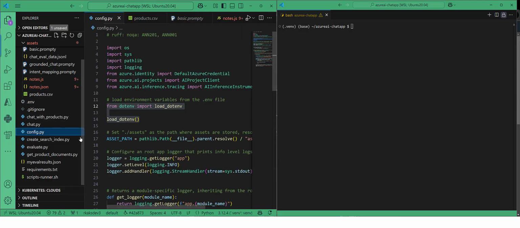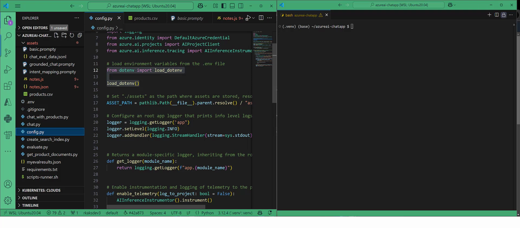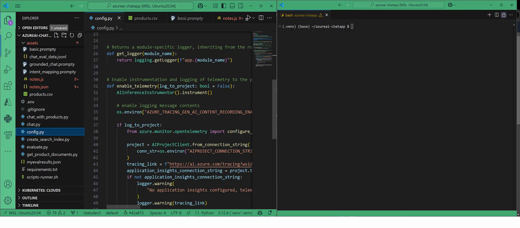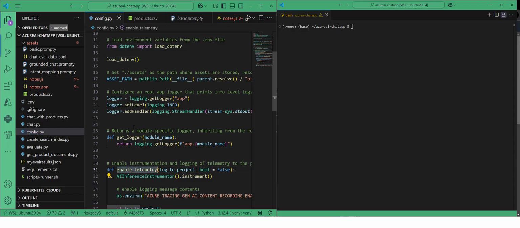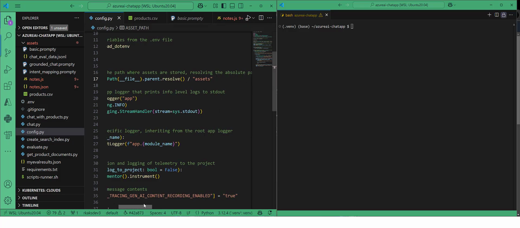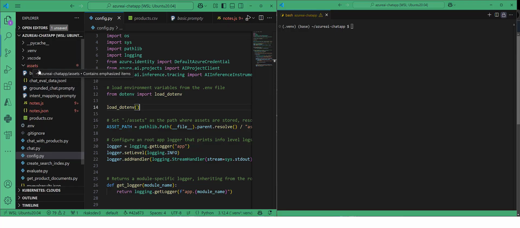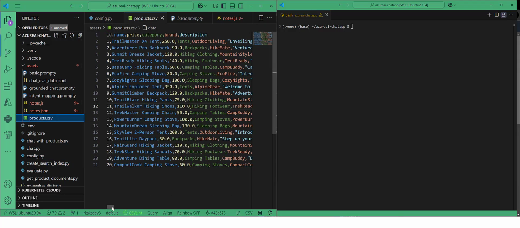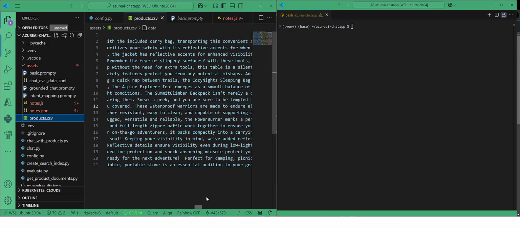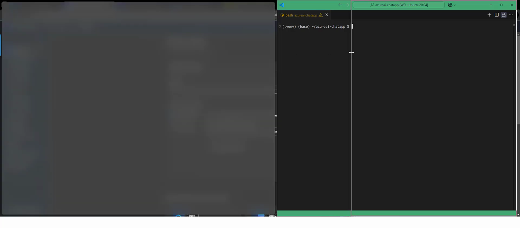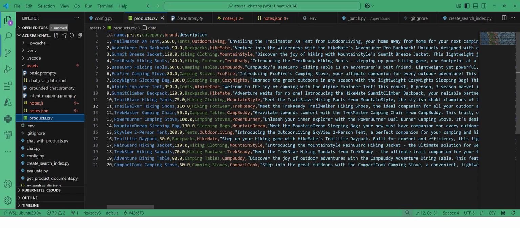Next, we have that config Python file. Again, it's just to have reusable code for logging telemetry, defining the asset path right here. So we have here /assets. And then, of course, loading the environment variables. And here's the asset folder. The main thing I want to point out is really the product CSV, and that has all the descriptions. So let's see here. If we look at that,